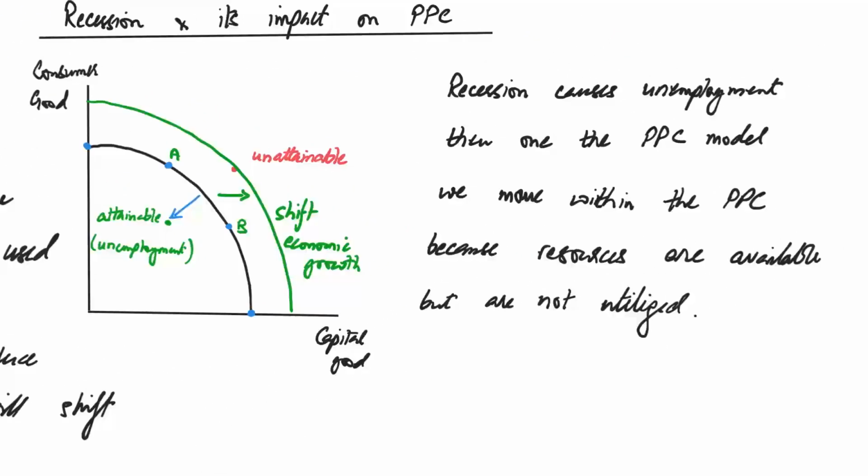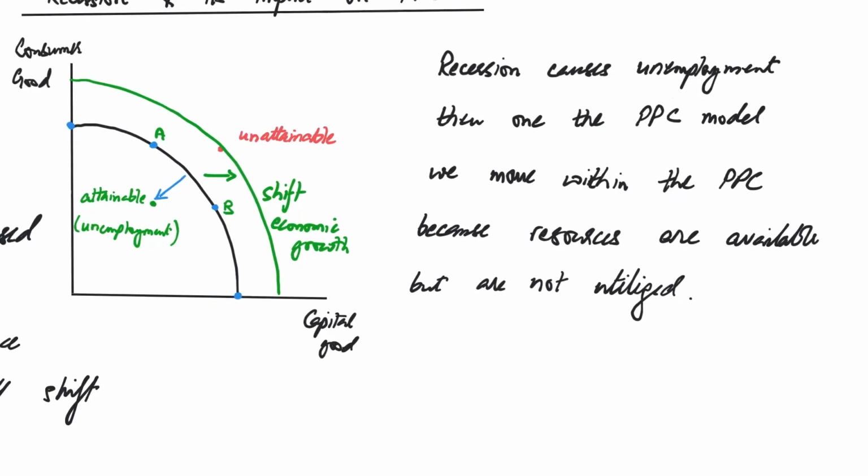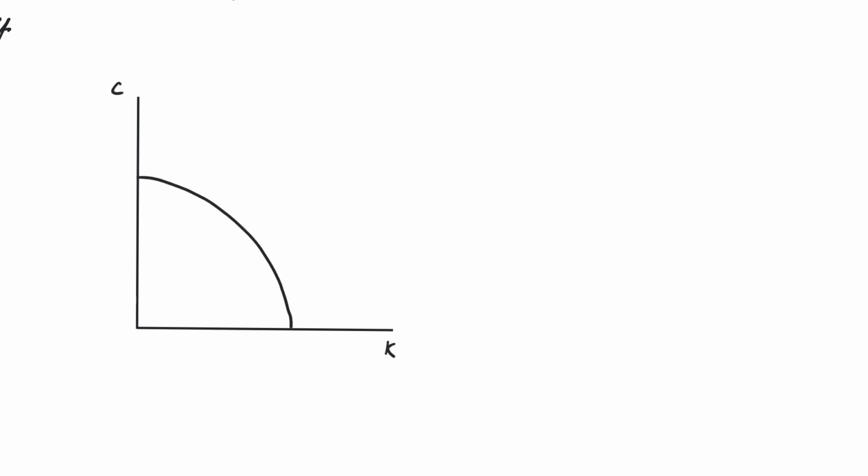So recession से निकलने के लिए the government, it's going to take some long run effects, but what they want also for you to be able to suggest how economic growth can cause the PPC to shift outwards. As we just drew the diagram and we showed that if you have capital goods on one side, you have consumer, and this is the maximum of two goods that you can produce.